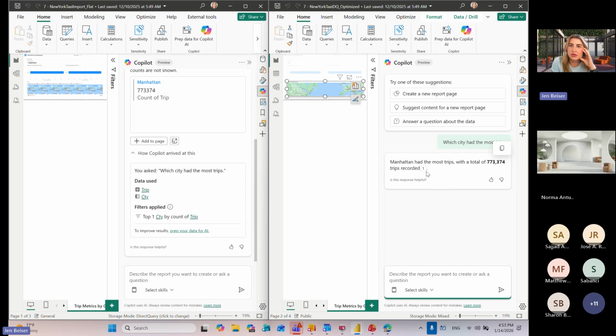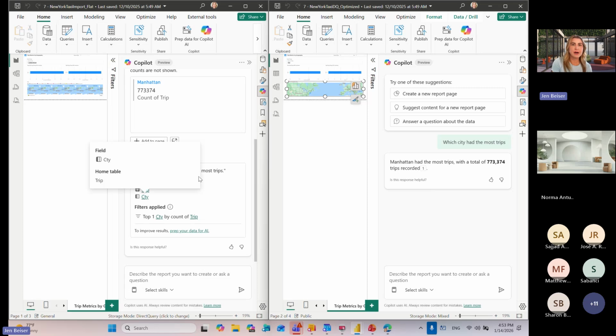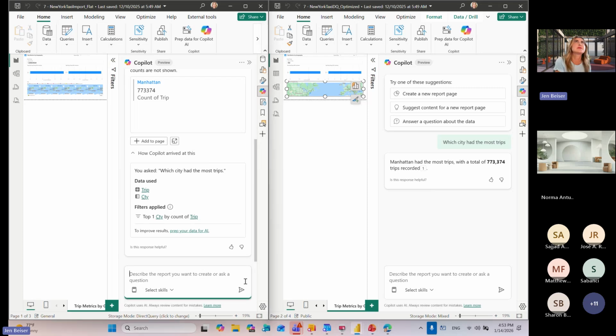It's just showing me the count of it got it from the visual. It's telling me I got it from this visual here. I think that Copilot might be self-corrected because I've found that if I ask questions I asked in the past, the Copilot on the unoptimized report has a better answer than it did last time. And so I will ask something that I haven't asked before. For example, did